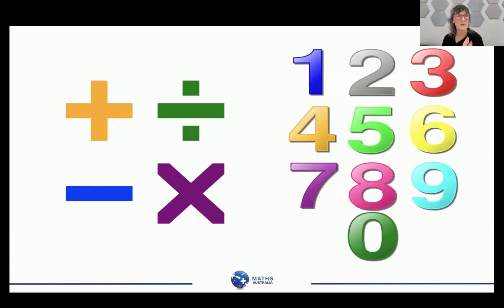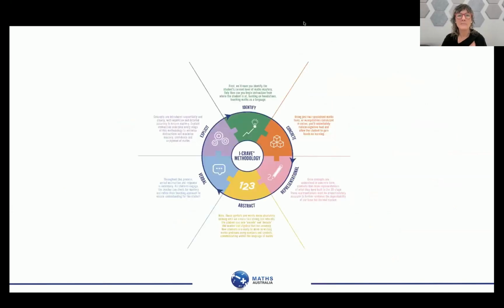I don't have to teach, this is how you add kilometers, this is how you add meters, this is how you add bananas, this is how you add anything else. You've just taught 2 of something plus 3 of something is always going to equal 5 of something. And I've touched it, I've felt it, I've seen it. I've drawn pictures or had pictures presented to me or made adjustments, which Steph's going to talk about, to be able to see that representation piece that then means when I get to the abstract it is accurate.